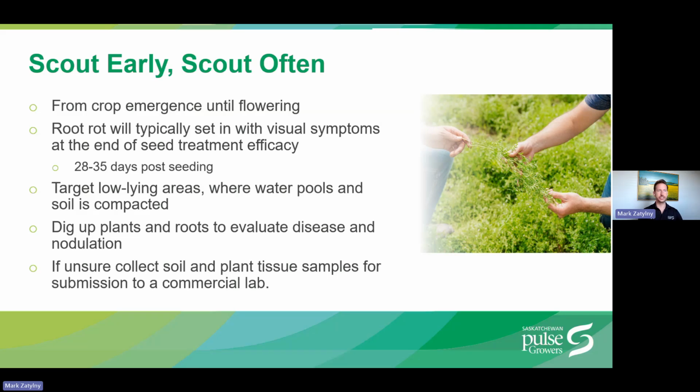From crop emergence until flowering is when the crop is most easily impacted by the pathogen, and it will have the largest impact on your yield. The earlier that it gets infected, the more loss in yield you're likely to get as the crop develops. And root rot will typically set in based on environmental conditions once that seed treatment wears off around 28 to